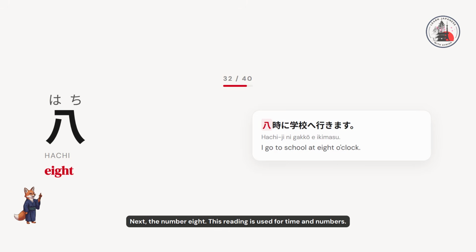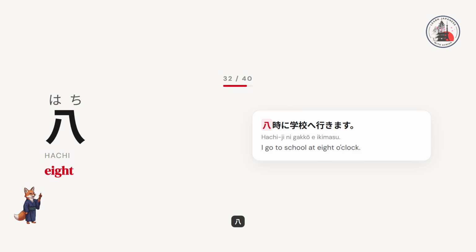Next, the number 8. This reading is used for time and numbers. 8、8。 Here's an example. 8時に学校へ行きます。